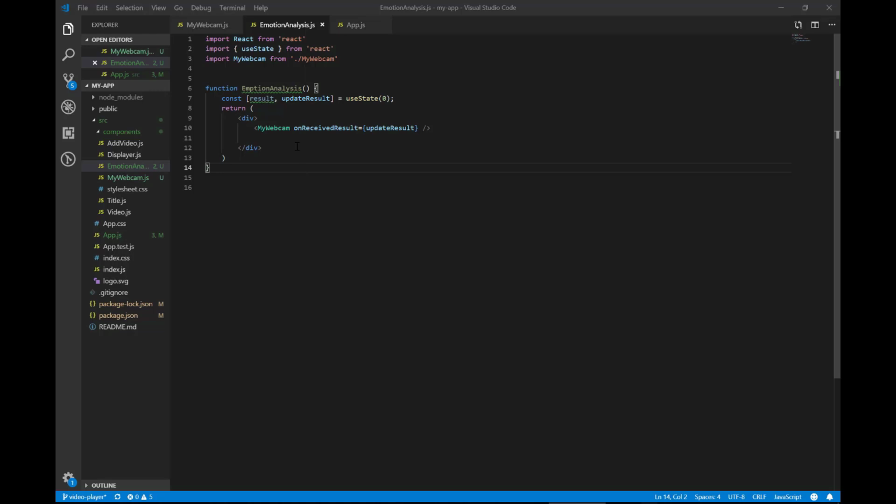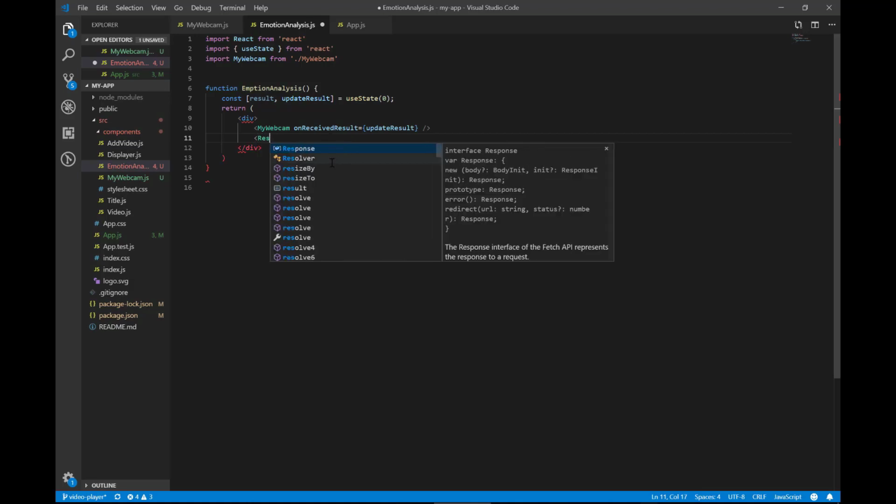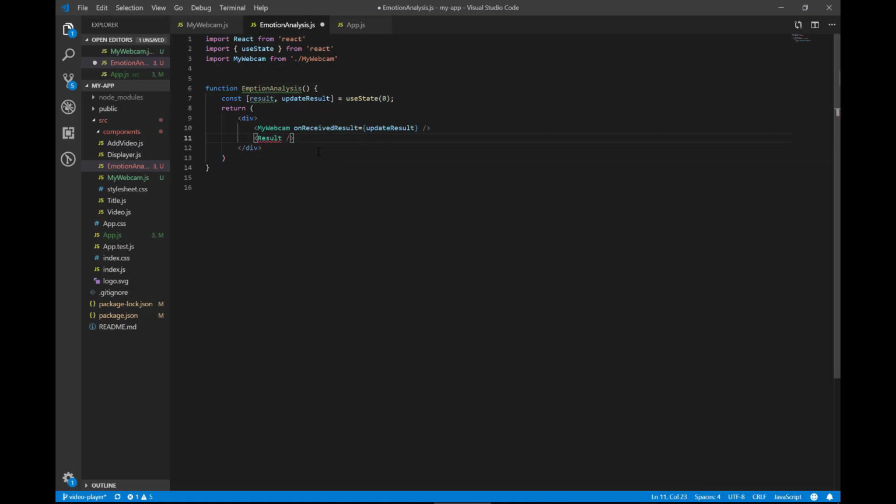So back in our EmotionAnalysis.js, underneath MyWebcam, we're going to be returning a Result component as well. And we need to define a function component Result, which will take in props containing our result state object. Slightly misspelled EmotionAnalysis here, so just going to fix that quickly. Cool. And for the Result component, we want to pass in the result state object as its props. Cool. So inside the function component Result, we are going to return